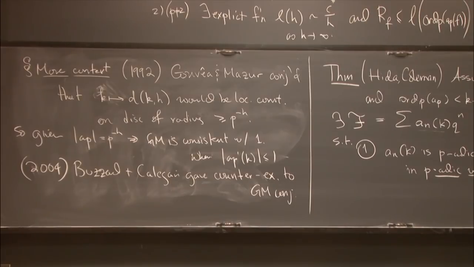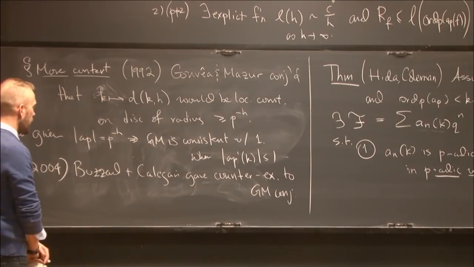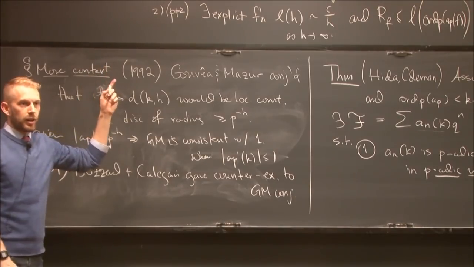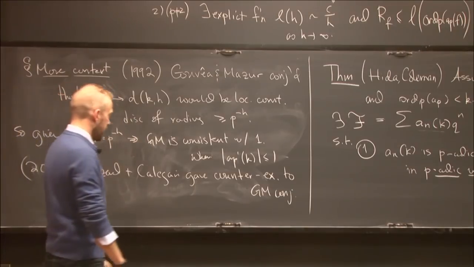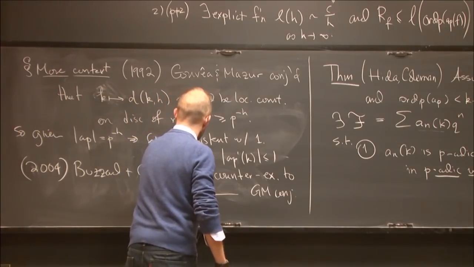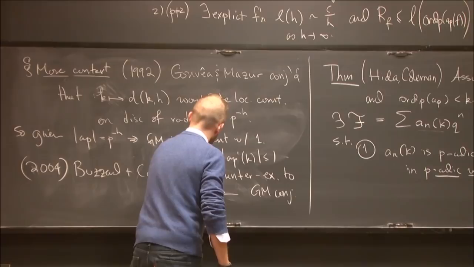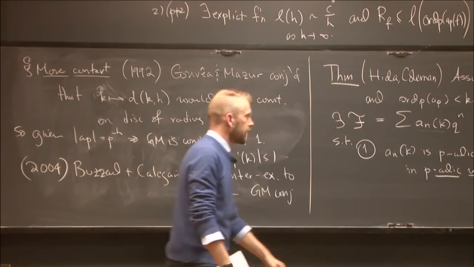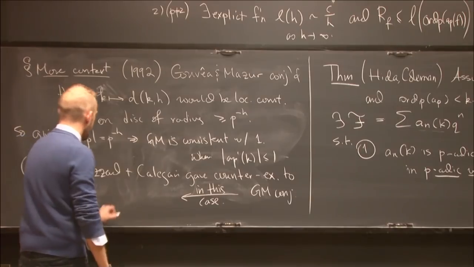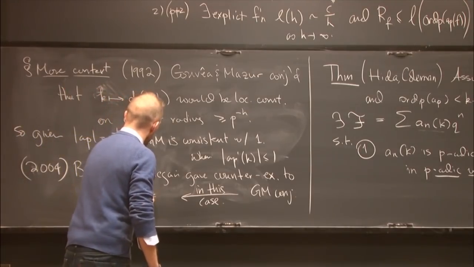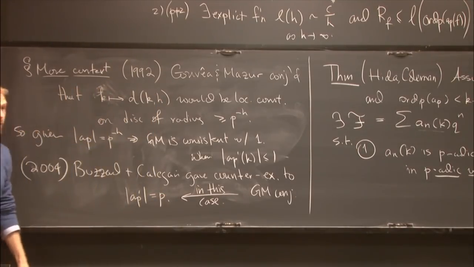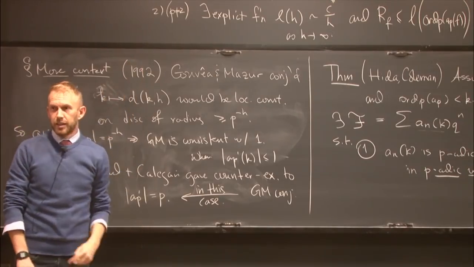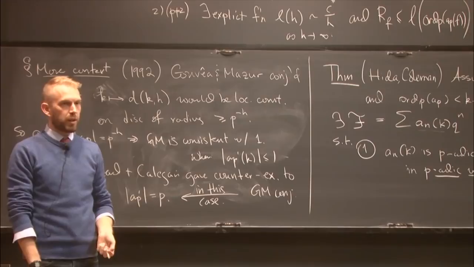However, it's completely consistent with the bound 1 also. So in this case, this is one of the cases where you can do the small scale calculation. In this case, the norm of AP prime you can calculate as p, okay? Which is enough to save the radius of constant slope to be consistent with the counterexample that Buzzard and Calegari